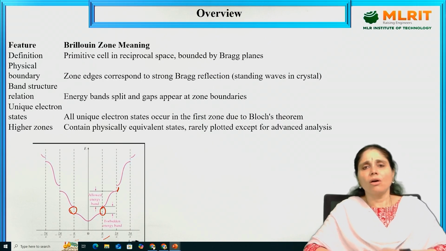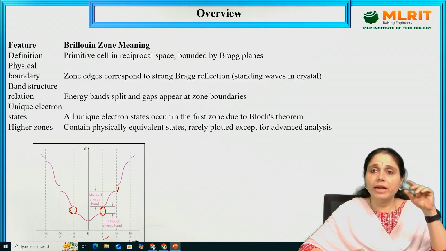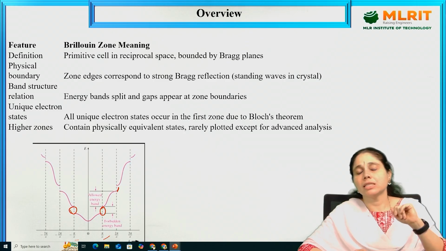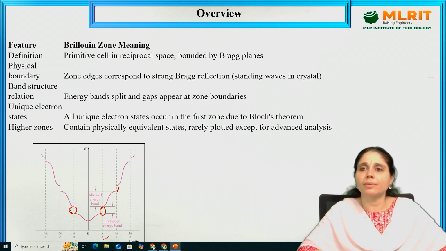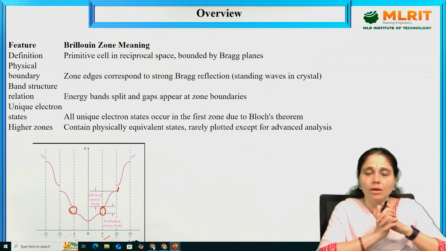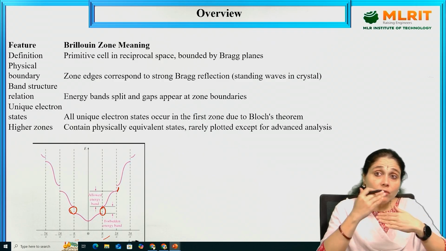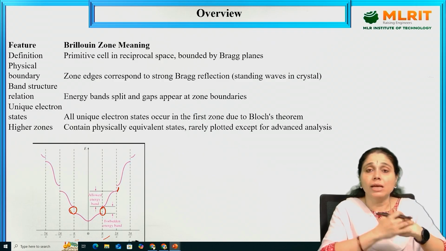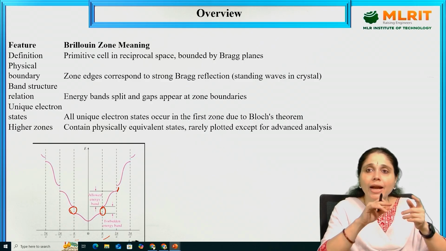So, you got an idea about the EK diagram. The EK diagram represents the wave vector and also the energy, the allowed energy states and forbidden energy states. Why do we have allowed energy states and forbidden energy states? In general, when atoms come close together, they are going to form different energy bands. Why are different energy bands formed? Due to the attraction of one nucleus.